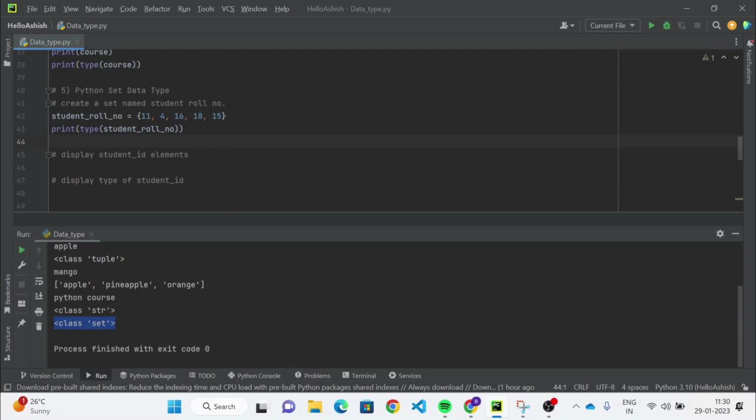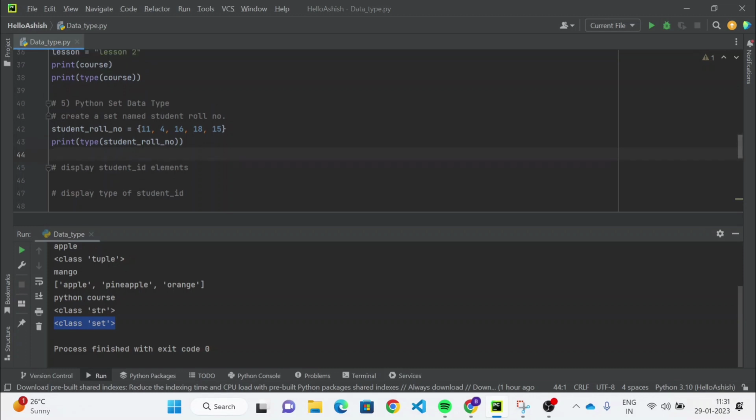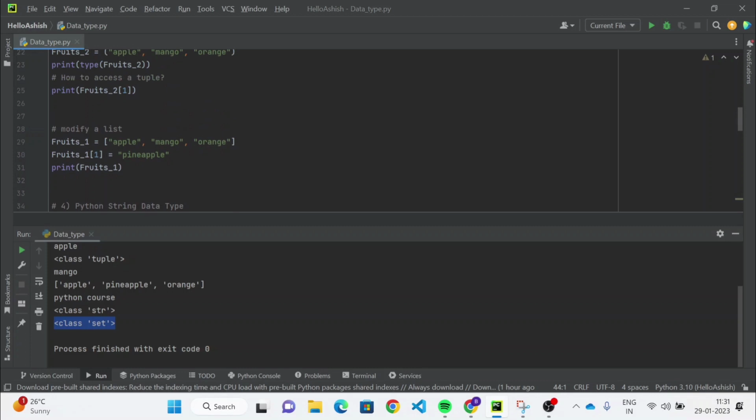And there is one more important point to note here: since sets are unordered collections, indexing has no meaning. Generally we use 0, 1, 2, 3, 4, 5 to find and fetch the items, so we use indexing, but here it has no meaning, so we can't use the slicing operator. Like we generally use this slicing operator, this bracket thing, to fetch the items from a list or tuple, but there is no meaning in case of a set.